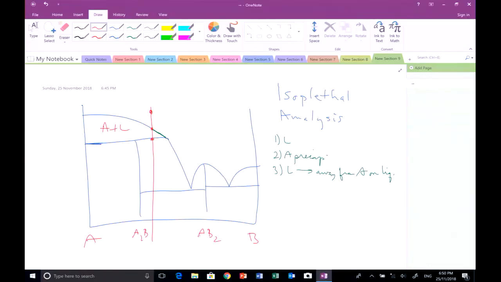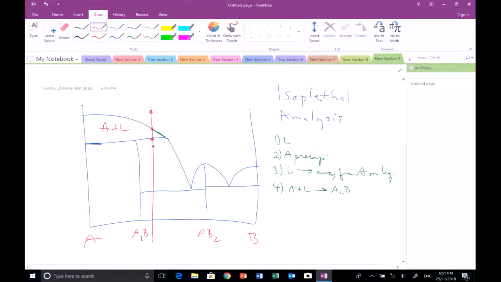So I'm going to write the peritectic reaction out. But I'm going down, right? So I'm going to get it in the right direction. So A plus liquid goes to, what does it go to? It goes to A2B. But I'm not on A2B, am I? So I'm just giving the reaction. So I'm right on the line, okay? Only on the line. As soon as I go below the line,